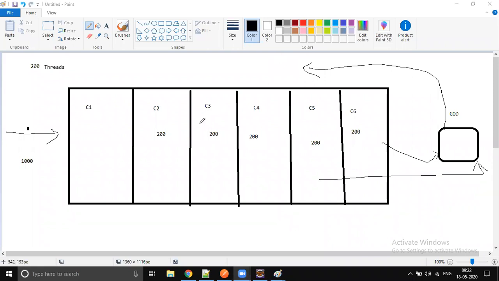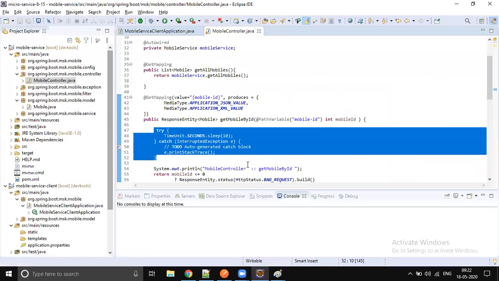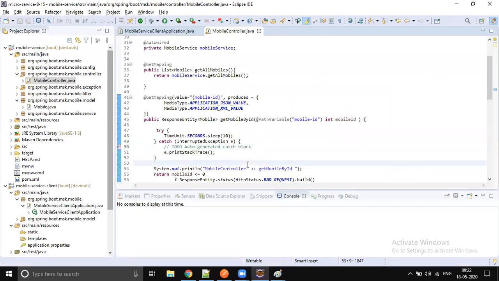I will show this clearly. I will execute the code and show you. But before that, we should get some visualization. So what is going to happen now, what we're going to see in the output? You can easily compare with this example. We put the people in compartments and send compartment by compartment, like 200 people, and they will stay in the temple for 10 seconds. That is the sleep we put here. Is it clear? Shall I run the code and show you? Sure, Sunil.